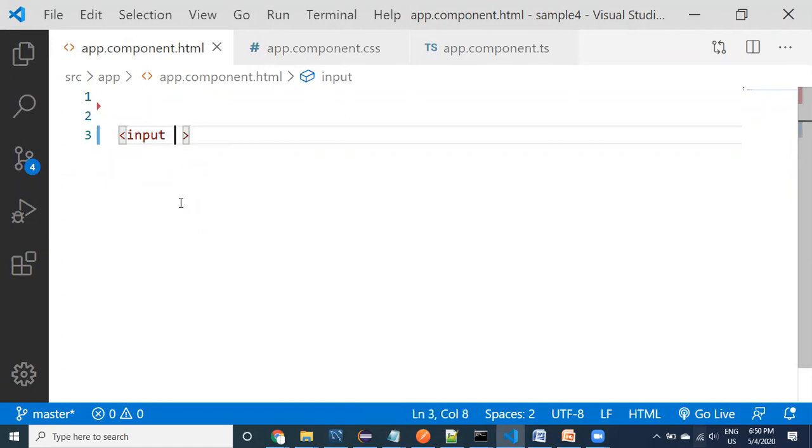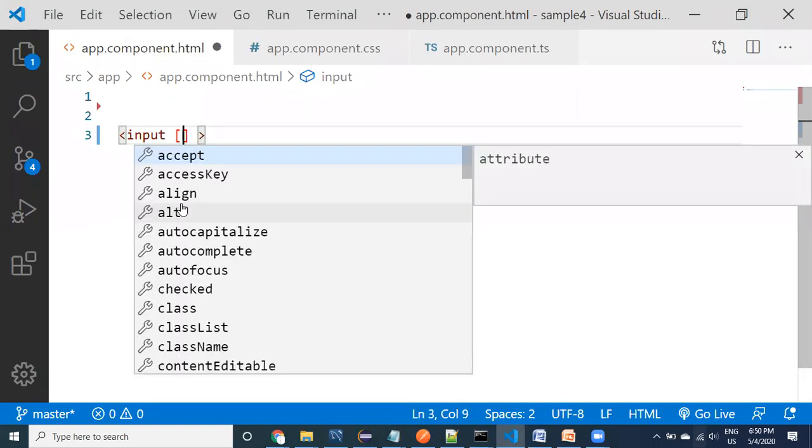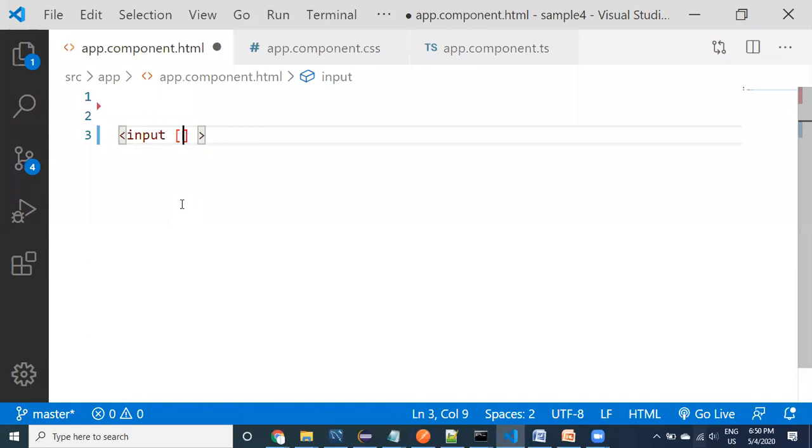But remember, we can attach the property in two ways. Attaching is nothing but binding. We can bind in two ways. This is one-way binding, meaning property binding.